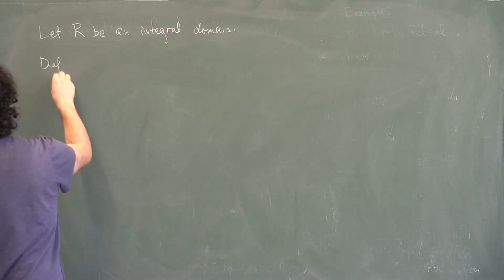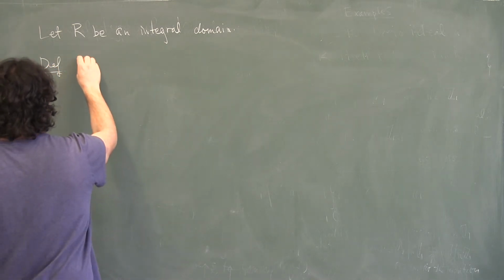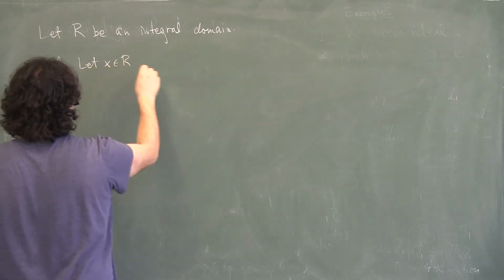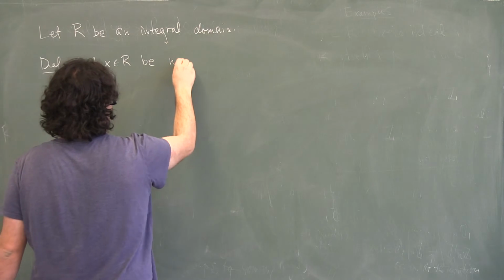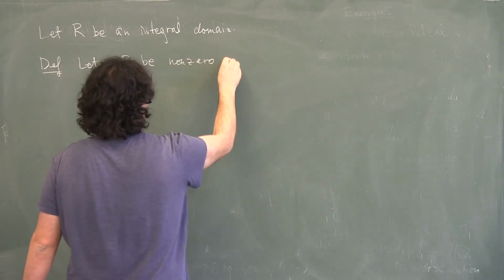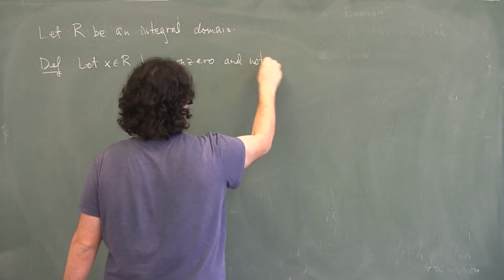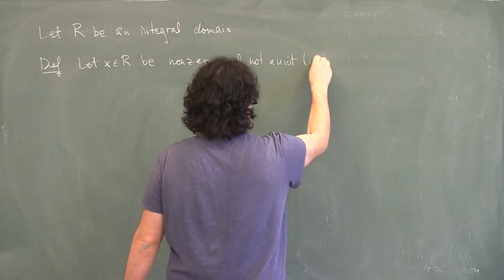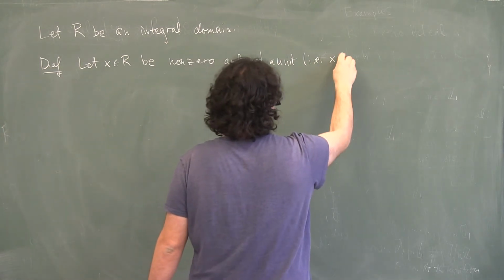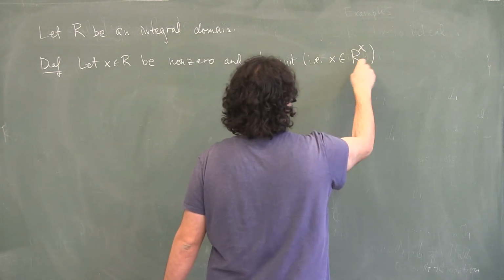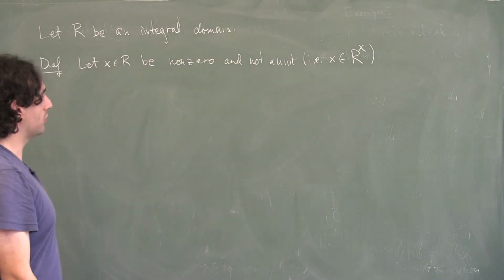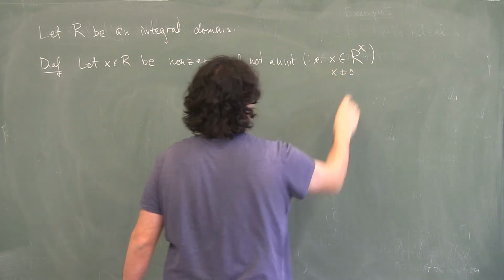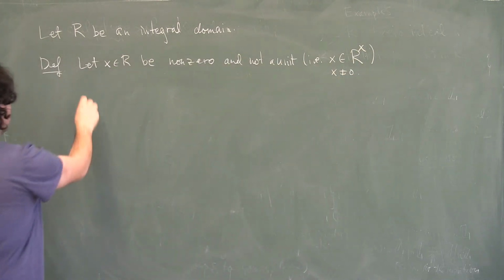Definition: let x in R be non-zero and not a unit, i.e., x is not in R cross. That was our notation for the group of units, and x is also not equal to 0. Okay? Then